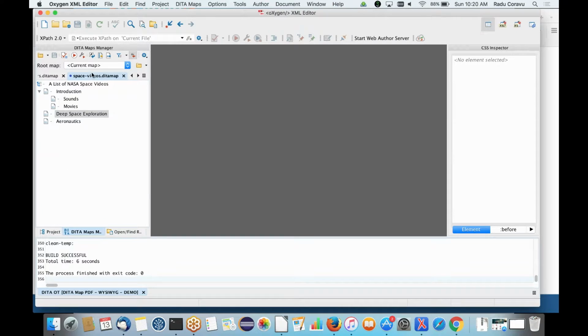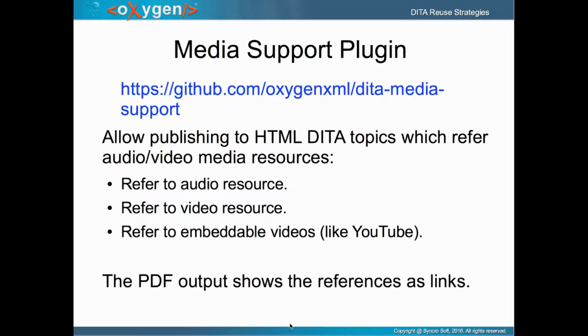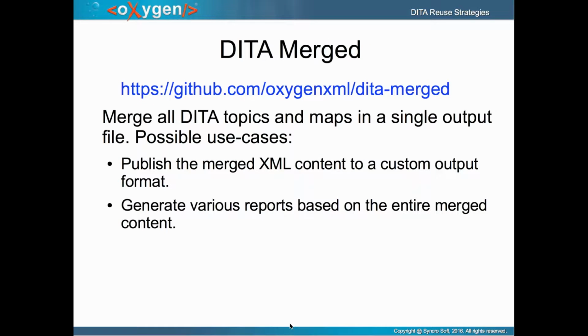Next plugin, and these are simple plugins. They don't have that much XSLT. You don't need that much XSLT knowledge to create such a plugin. You just need an idea, and the ideas usually come from our users. Another idea was